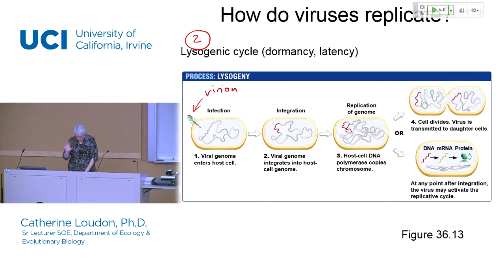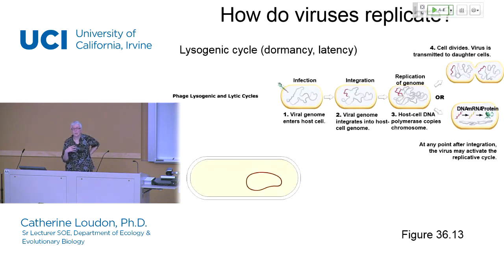Let's go ahead and shrink down this figure a little bit and shove it to the side so we can watch this also in an animated form. I think this will make it a little bit easier. Here we'll start with our host cell. There's a genome in there. This is supposed to represent a bacterium, which does not surprise you because it's circular here. So here comes our viral particle, and it's going to inject its genome or nucleic acid into the host cell. Here it is, but now it is going to become integrated into the genome. So that's already happened, and it's color-coded so you can see what went where.